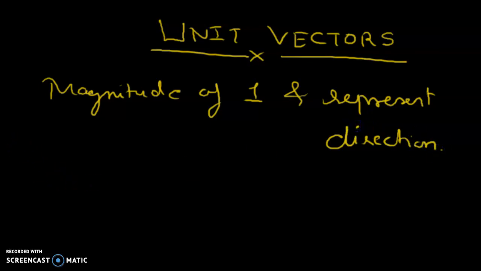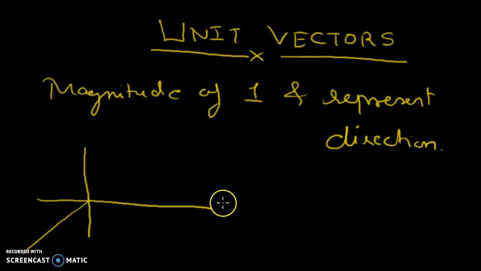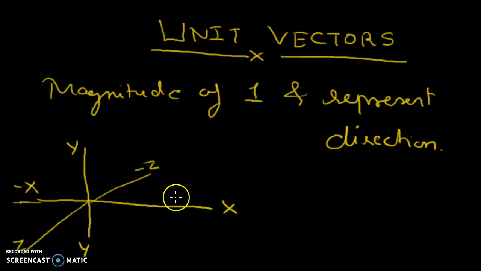Now you'll be wondering, what does that mean? Say for example, I come to a coordinate system. So this represents x axis, this represents y axis, this represents negative of x axis, this represents negative of y axis, this represents z axis, this represents negative of z axis. Now I need to represent x axis, this eastward direction only, not bothering about the magnitude. There is a vector of magnitude 1 and I just need to represent positive x axis. There must be some symbol which only represents